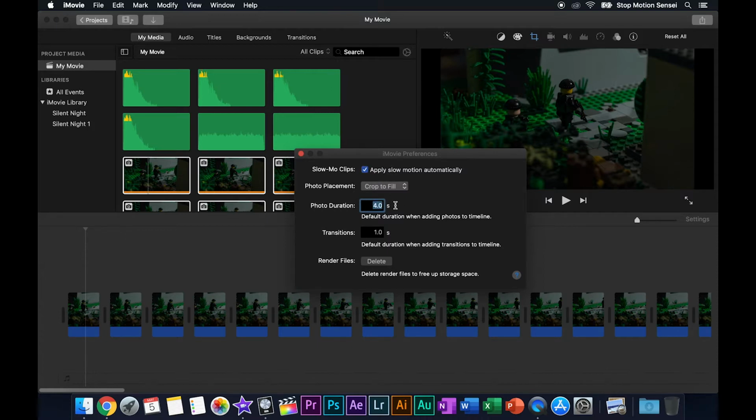Photo duration, we don't want that. We want, say, 0.1 for 10 FPS video. Press enter. That's good to go. So these are the preferences you want to change, right? You want to have crop to fill and your desired photo duration, and that is going to make it so that iMovie does this every time with your photos. And then for photo duration, that's going to be up to you and what FPS you want to shoot for,